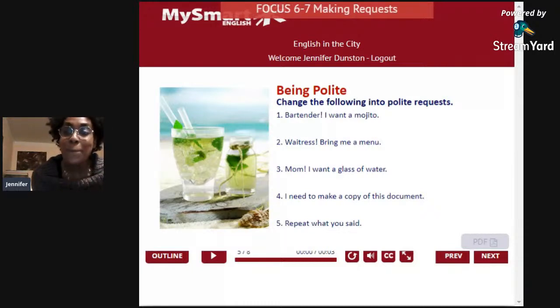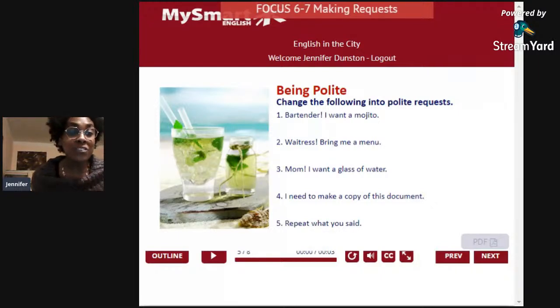Would you prepare me a mojito, please? Lucrezia, that's wonderful. Is it possible to have a mojito? Yes, Pietro, very good. Carolina, thank you. Oh, bartender, can you bring me a mojito? Okay, don't forget, it's always nice to use please at the end. Is it possible to have a mojito, please? Oh, bartender, can you bring me a mojito, please? Would you prepare me a mojito, please? And could I have a mojito, please?